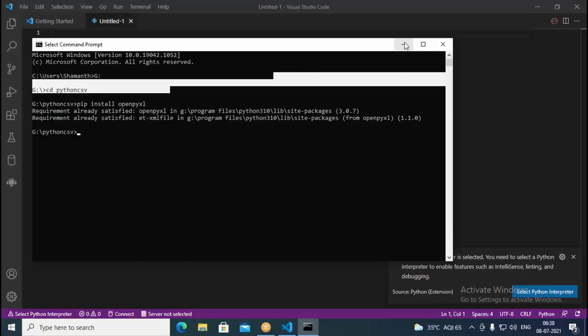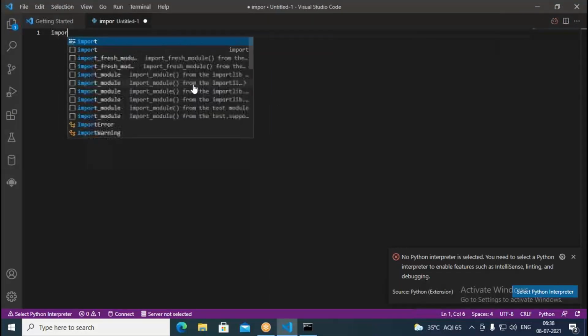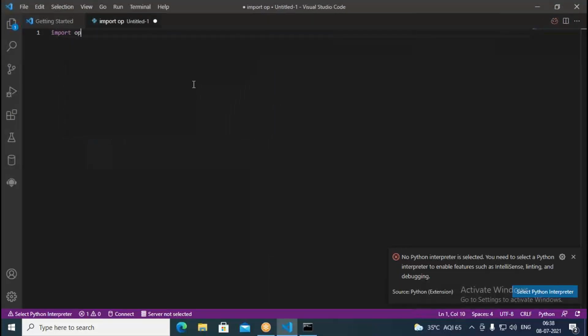Okay, now let us go with OpenPyXL and try to create a few Excel files. So it's something like this. First of all, we need to import openpyxl. With this we import the module. Then after that, I also write here import csv. There is another module called CSV that we also need to install.